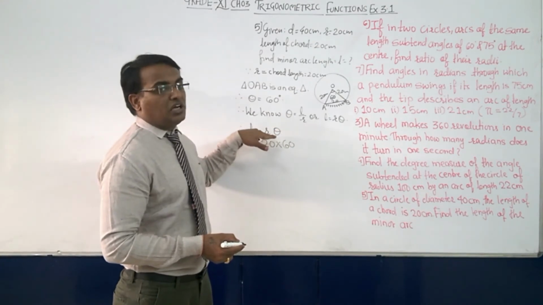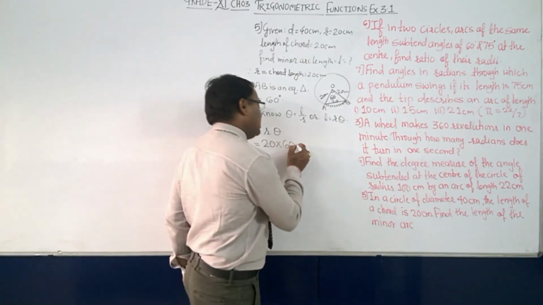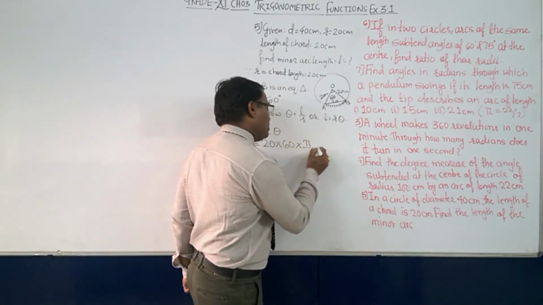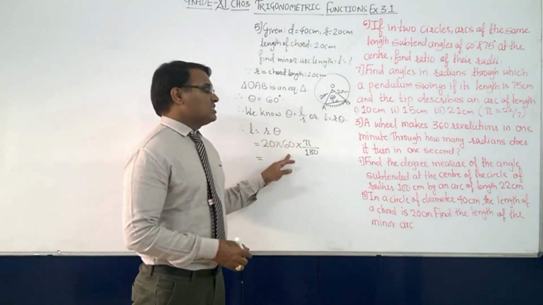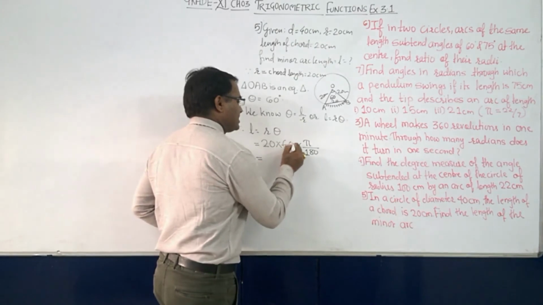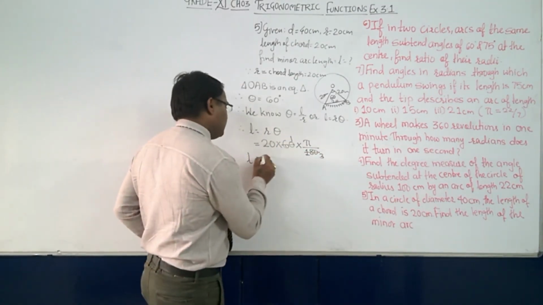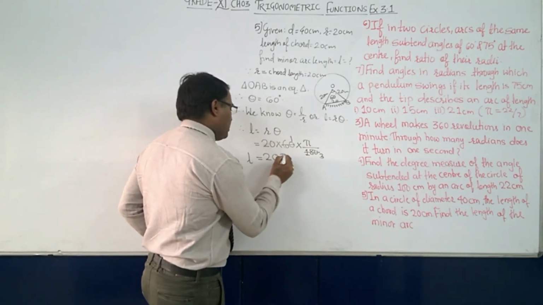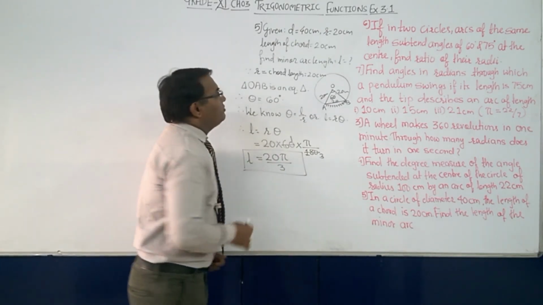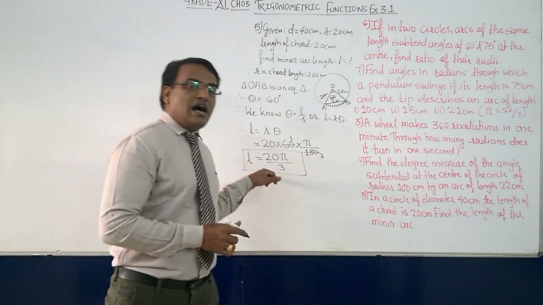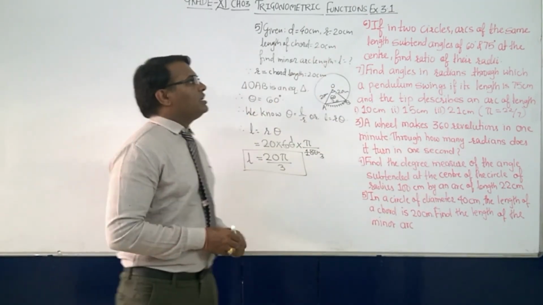So theta we need to convert into the form of radians. And then how to convert it? 60 degrees into pi upon 180. Now 20 into 60 into pi by 180, you can do it, 60 ones are 60, threes are, or directly L is equal to 20 pi by 3. You can keep it as it is also, no problem. Okay, so the minor arc length is 20 pi upon 3.